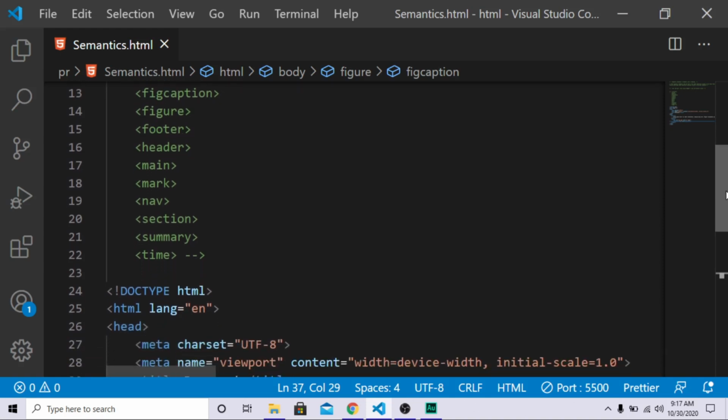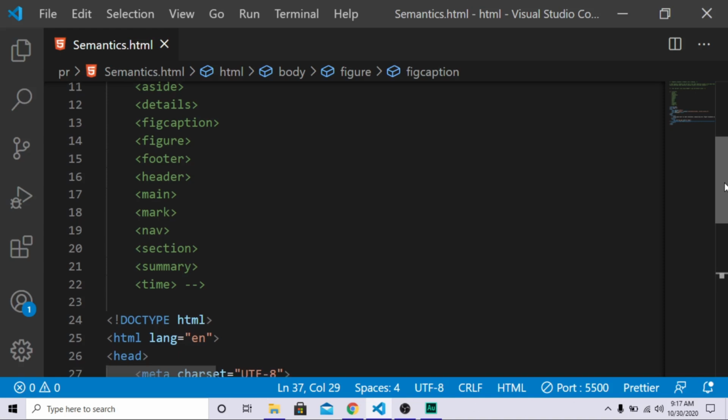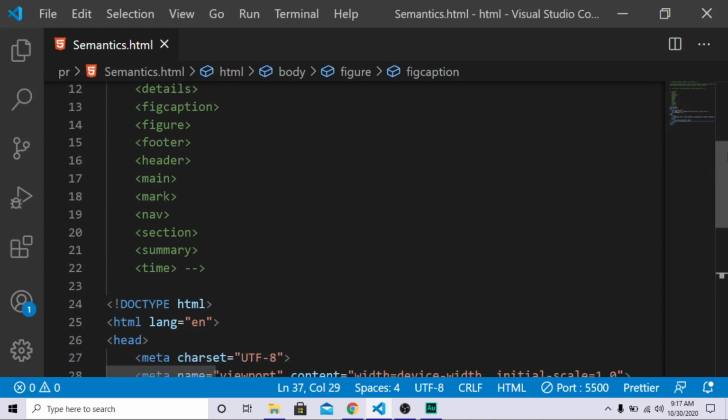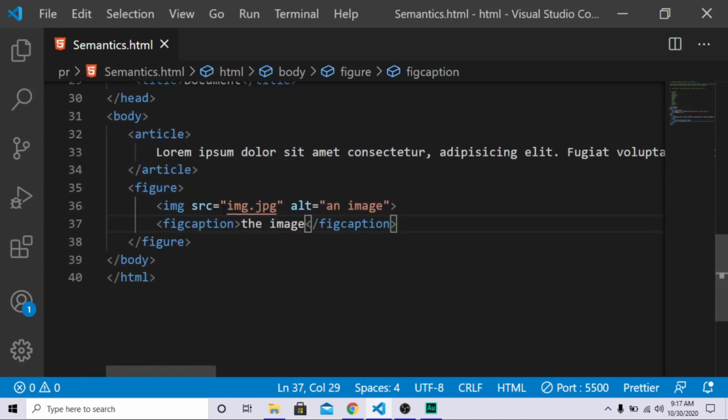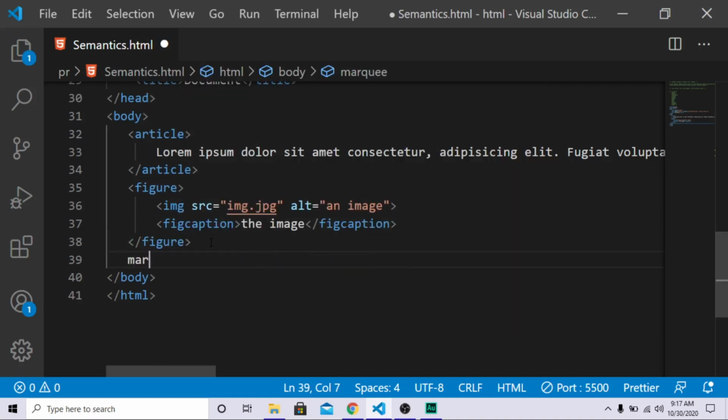And we've got footer and header. The footer is displayed at the bottom. It's pretty simple. If we don't have any CSS, it is like simple paragraph writing. And mark, the mark tag is like a marking. Let me show you by doing it. Mark, it gives you simply a